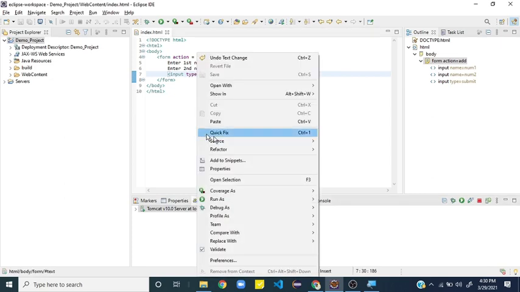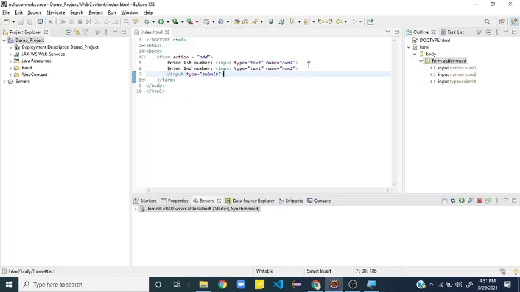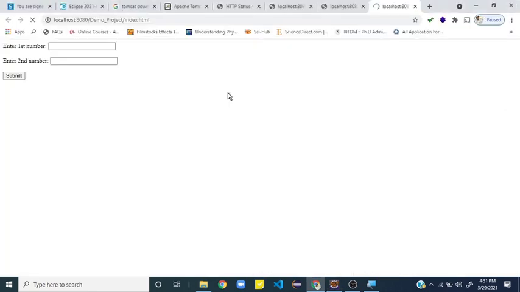Let me restart that again. Yeah, we got it. It's opened and everything comes in a horizontal order, so it will be better if it comes vertical. So let me use the break, use 2 br. Okay, now you can save and run again. Alright, now it's looking fine.